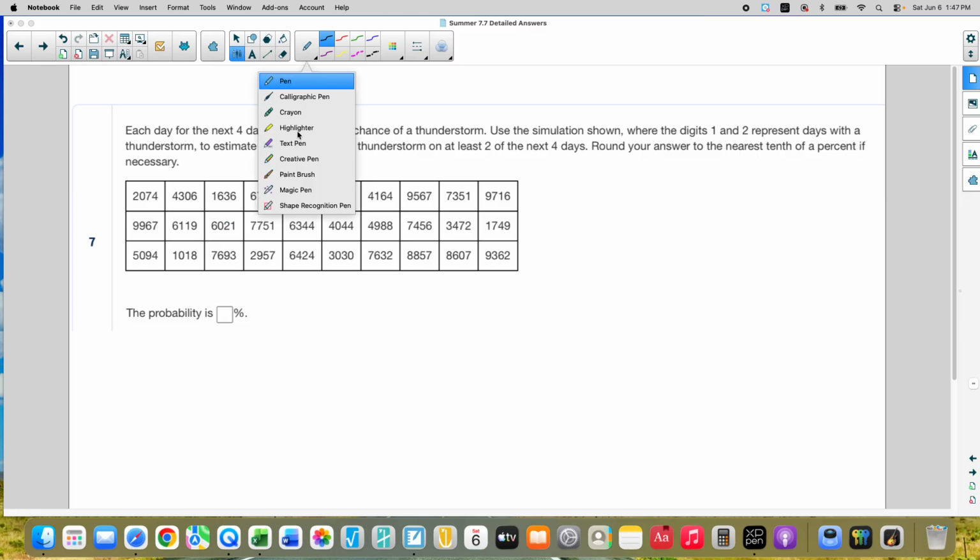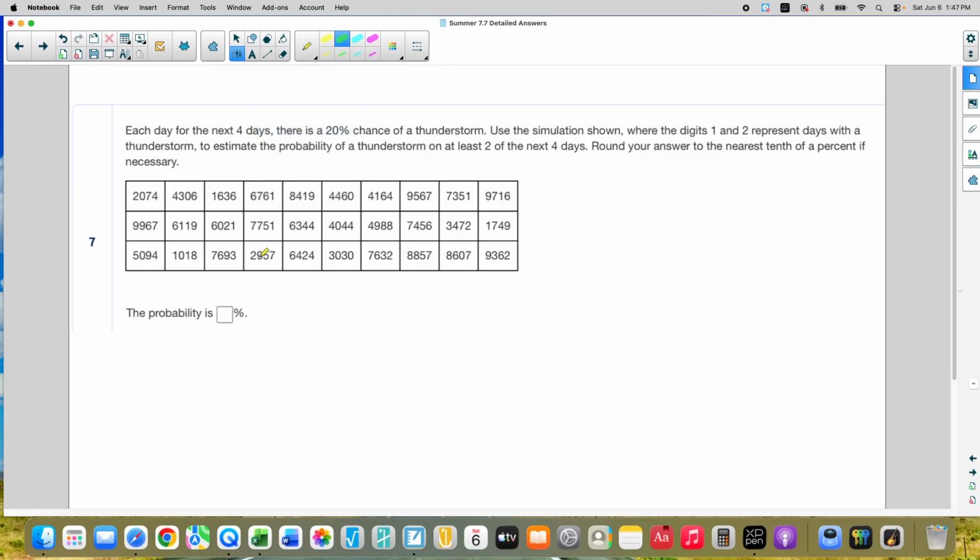Well, it rained twice on this day. It rained twice on this day. And there's one more day that rained twice. Where is it? There's one more. I know there's 3. My eyeballs are not working. Okay, right there, right next to it. Hello. So it rained twice in 3 out of the 30